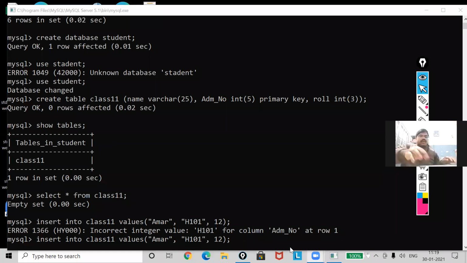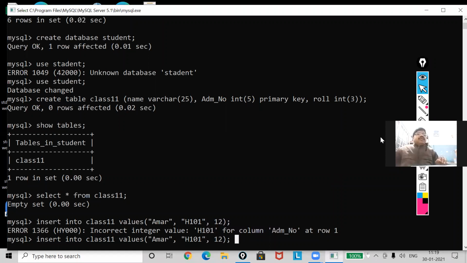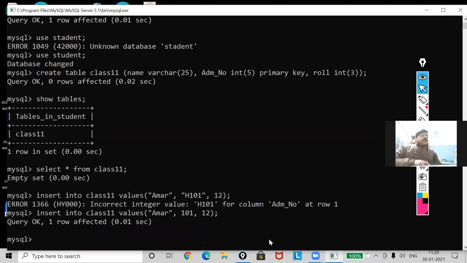See, student, I have used my admission number as integer, so I cannot use this one as a character. Okay, so what I will do instead of that, I have to give only the number. So I will give 101. Okay, now it has taken.